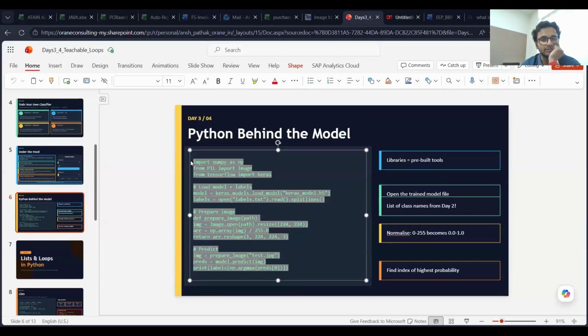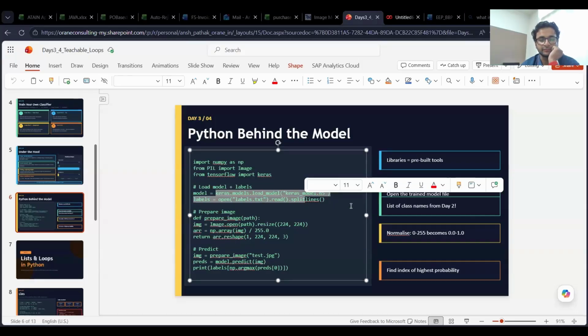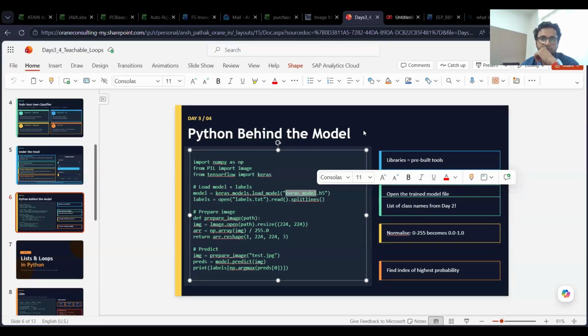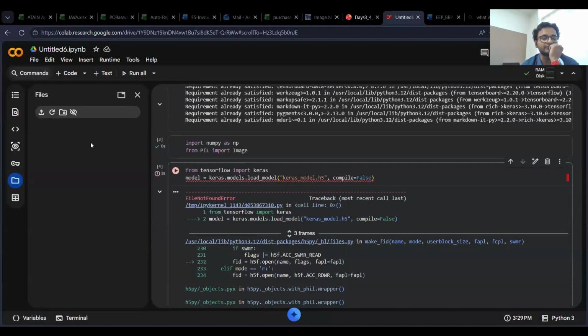So I'll make sure in the next session I'll hopefully run this particular piece of code. But this particular line just means that I need to have a model which has this name.